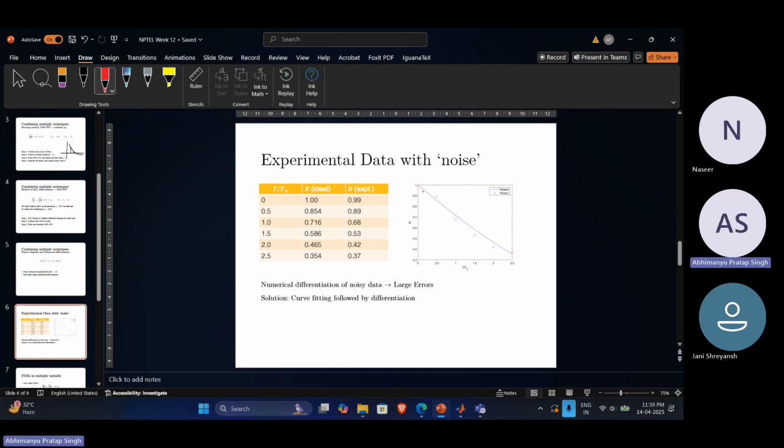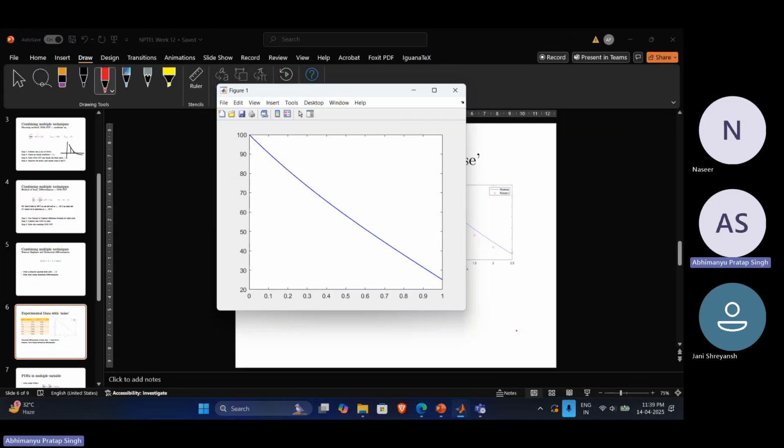So you can see the ideal values, what we should be getting, and the red dots are the experimental values that we are getting. Now, if we calculate the numerical derivative, then we are bound to get large errors because, compared to this, this is off here, and this is off here, this is off here, this is off here. So we are bound to get large errors compared to what we are supposed to get. Okay, so if we do that,